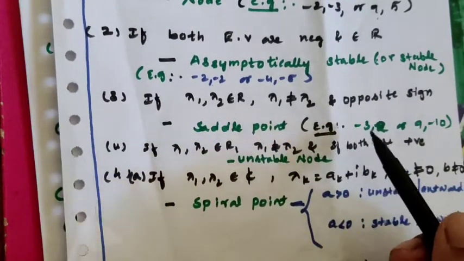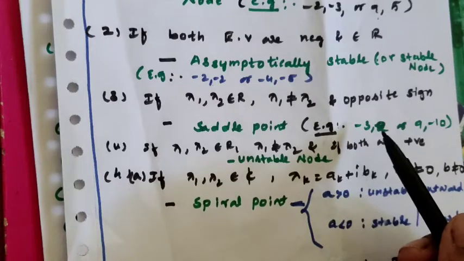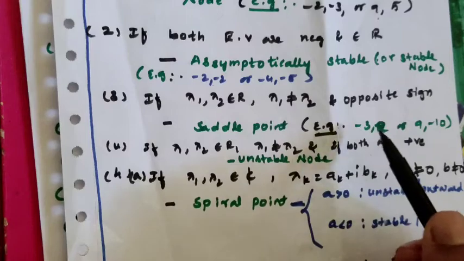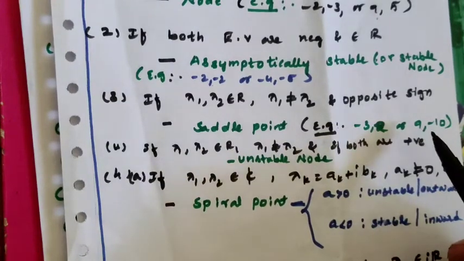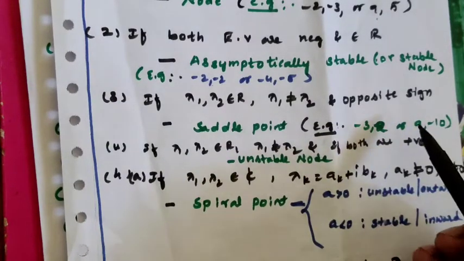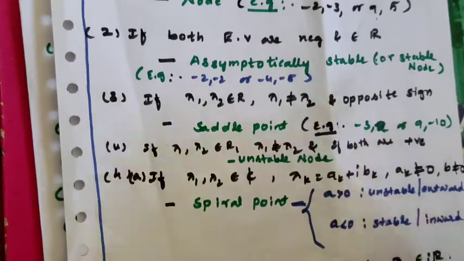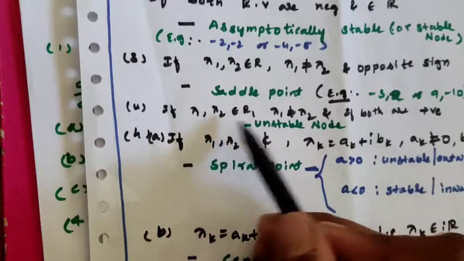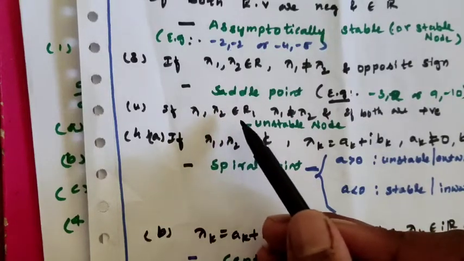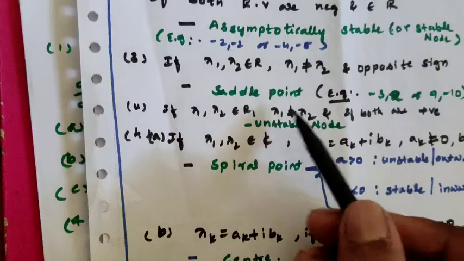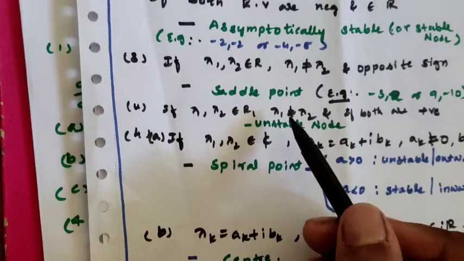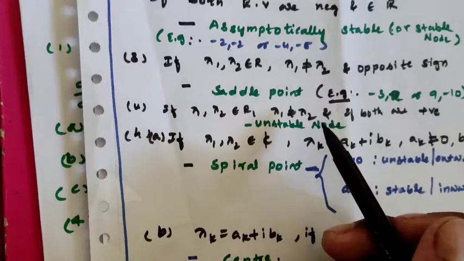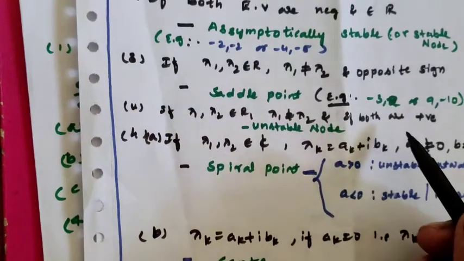For example, minus 2, 2. These are different eigenvalues and the signs are opposite. Here minus is there, here plus is there. Another example is 9, minus 10, here plus is there, minus is there. Then the fourth point is, if both eigenvalues are real and distinct, lambda 1 is not equal to lambda 2, meaning both eigenvalues are different, and if both are positive,